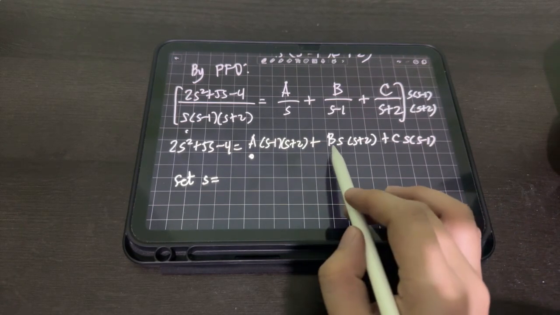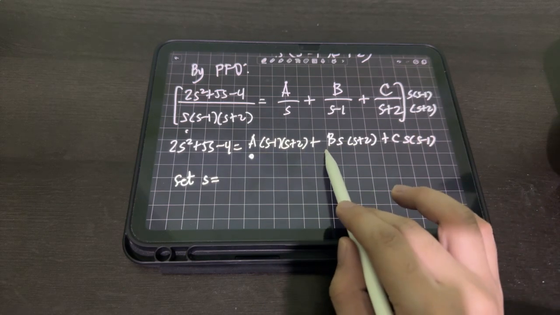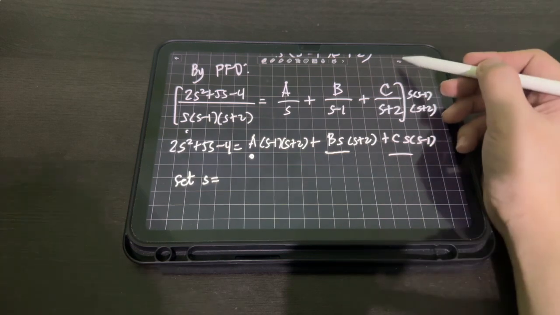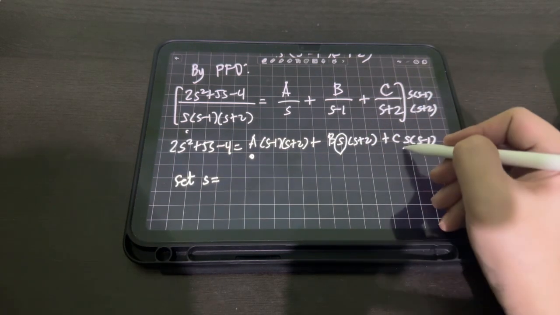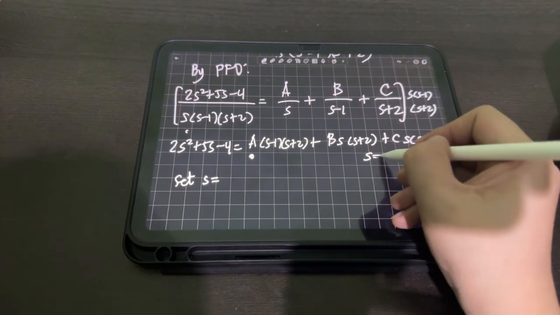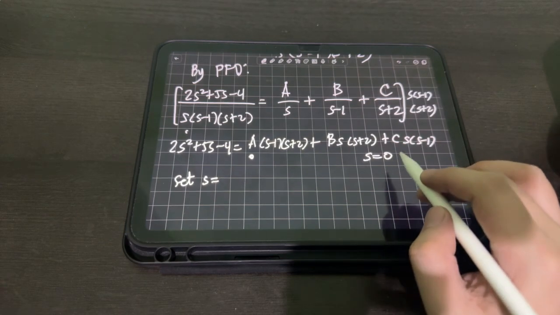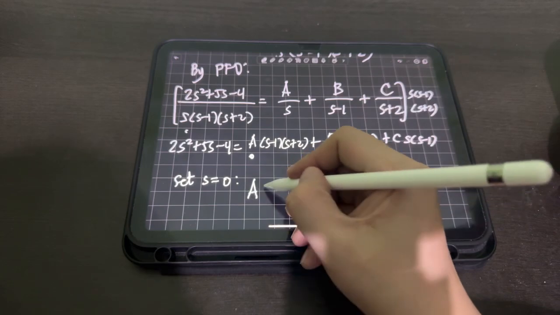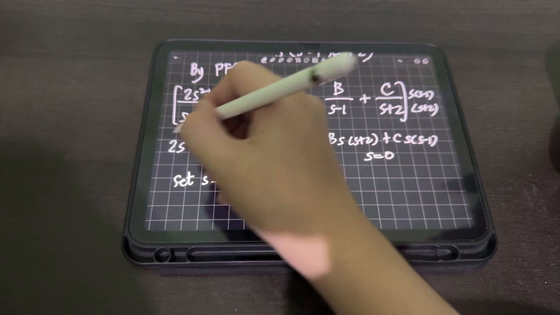So consider, if you're trying to solve for A, consider the common factors in the other two variables, B and C. Do they have common factors? Yes. S, right? So set that common factor to 0. Set S to 0, solve for S. It's already equal to 0, right? So when we set S equal to 0, we can directly solve for A